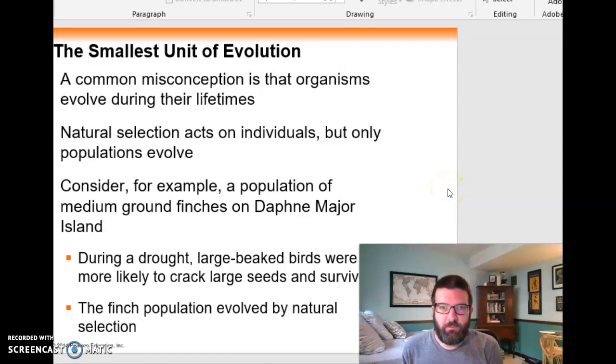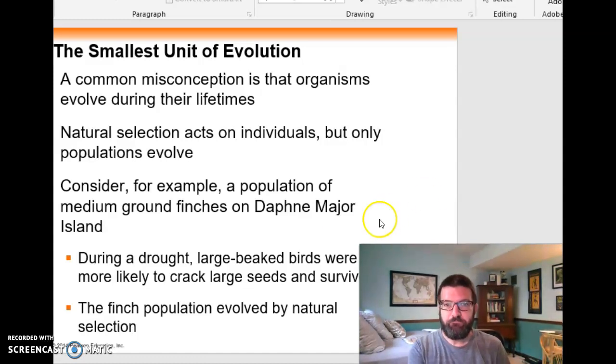So today I'm going to talk about chapter 23, which has to do with evolution of populations, population genetics. And it's important to talk about the evolution of populations because populations are the basic unit of evolution, not individuals. An individual cannot actually evolve. Only populations can evolve because evolution is definitionally the change in allele frequency in a population over time from one